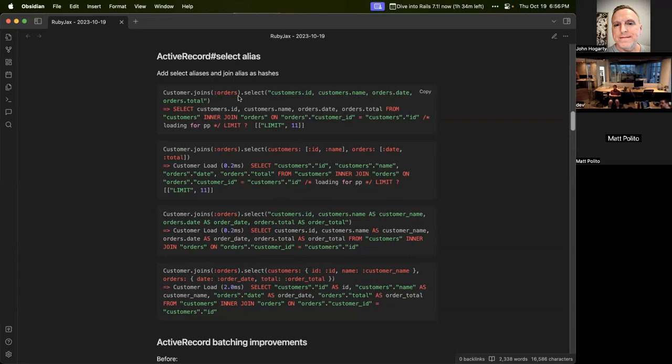So we would join orders, and then to select columns from orders, we had to do SQL fragments. It was our only option. You have to declare your table name, column. Because we're on customer, we still have to say customer because we're joined now, and they would be ambiguous. But then we want orders date and orders total. And then when we get the query out,